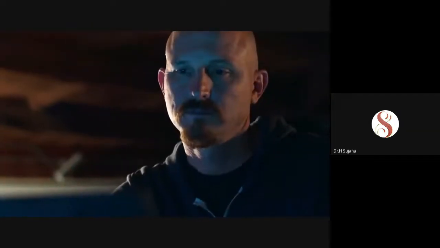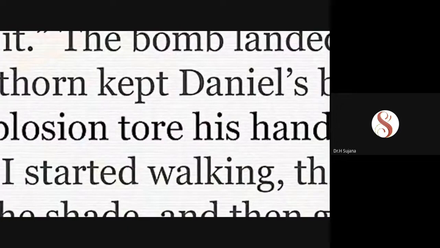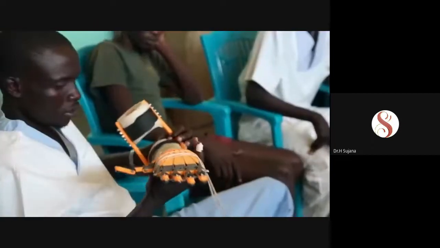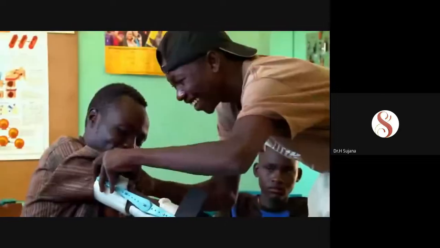The second I saw the story about Daniel, I didn't need to reread it. When you look at a picture of a boy with bandaged stump arms, what do you do? Do you just say, oh, that's too bad, and close the computer and go to bed? What do you do? You can't put the pieces back together in someone else's life. But maybe if we print them new pieces, they'll start to learn to put them back together themselves.